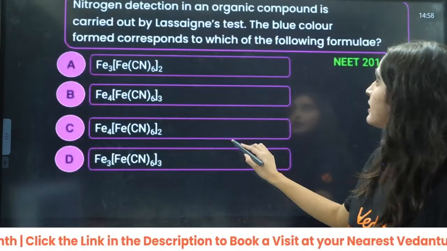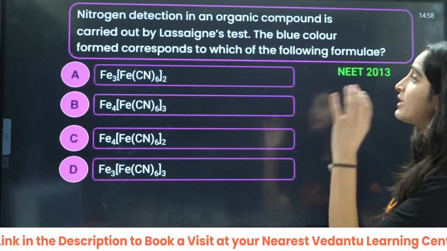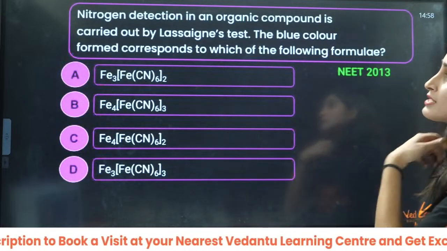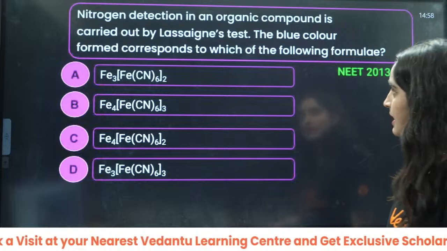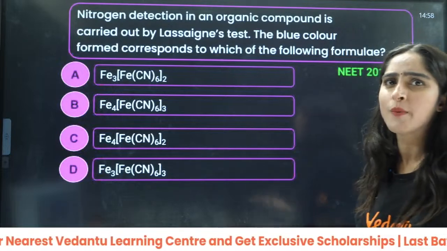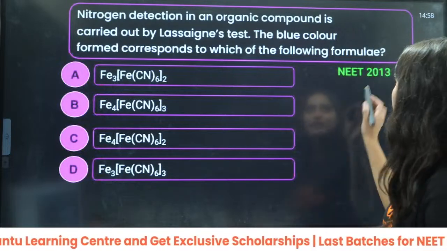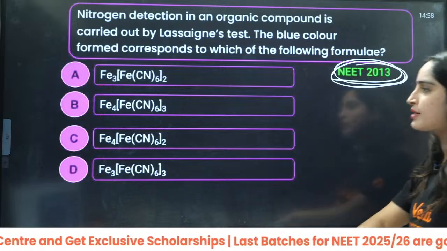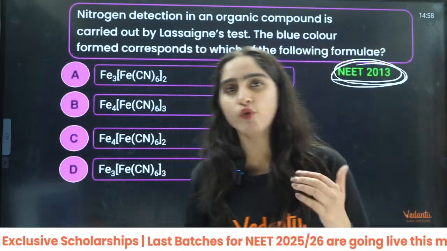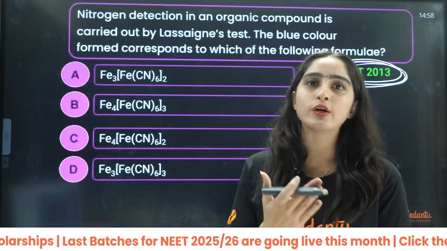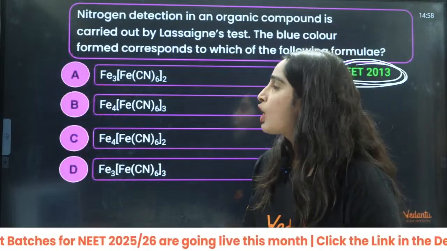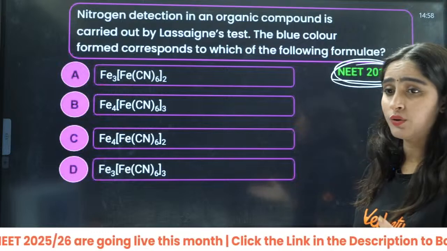Next is this one: nitrogen detection in an organic compound is carried out by the Lassaigne test. Lassaigne is a different pronunciation for this, right? This is a NEET 2013 question, but I told you now their focus is more on qualitative and quantitative analysis, right? So nitrogen, everybody,